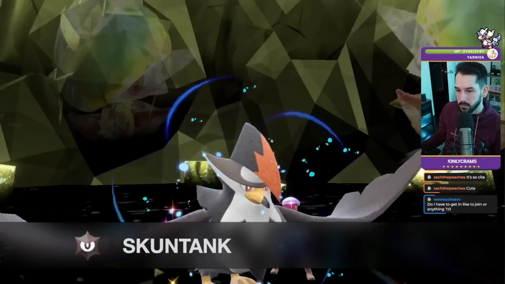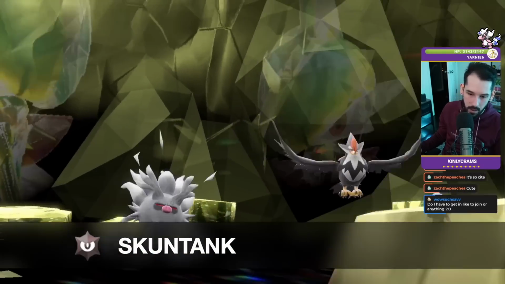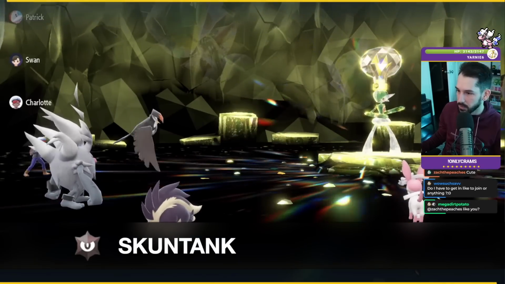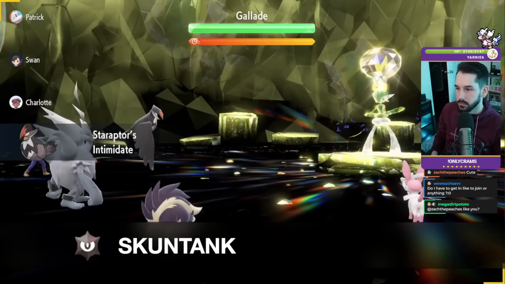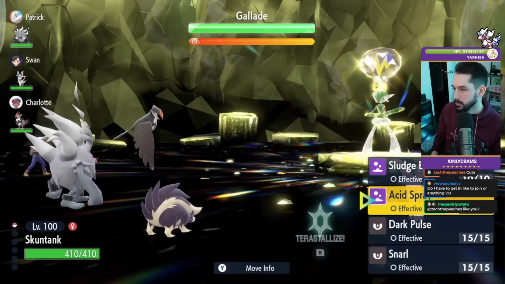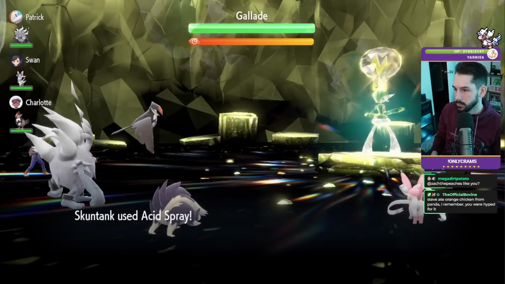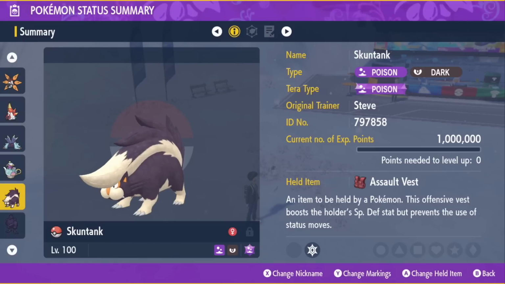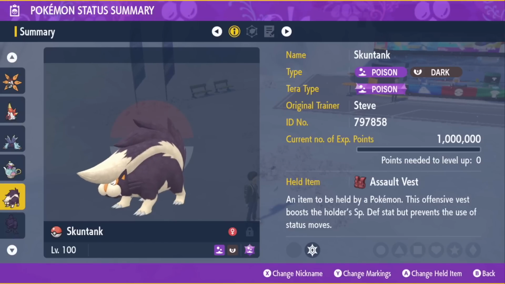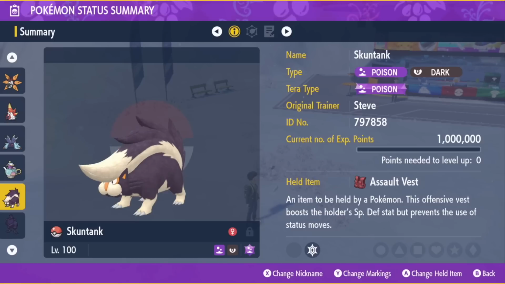Okay, we got the Stinky Kitty with the Assault Vest. I'm also a big fan of Assault Vest. A lot of my raid builds definitely lean into Assault Vest because it's a very powerful held item that you can use. If you don't know what it does, Assault Vest boosts your special defense stat, but it prevents you from using status type moves. So for example, if you're wearing an Assault Vest, you can't use Fake Tears, you can't use Helping Hand, you can't use Thunder Wave. Those do not work with the Assault Vest on. In this case, though,